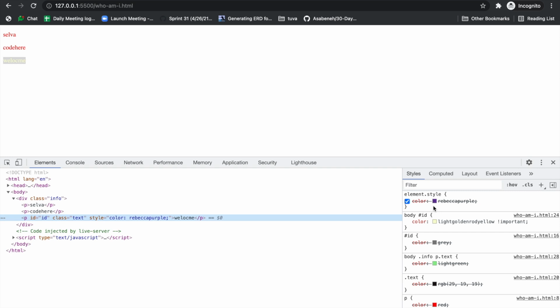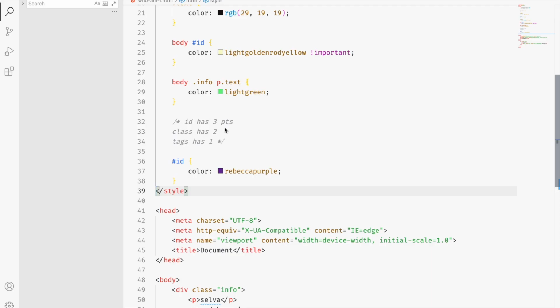If you are using the inline styles, we need to use the important, which will override the inline styles also, which will get the first priority of every HTML. So mind you, every intern will use the inline styles, but never ever use the important and inline styles as much as you can. Guys, don't mess with these points.